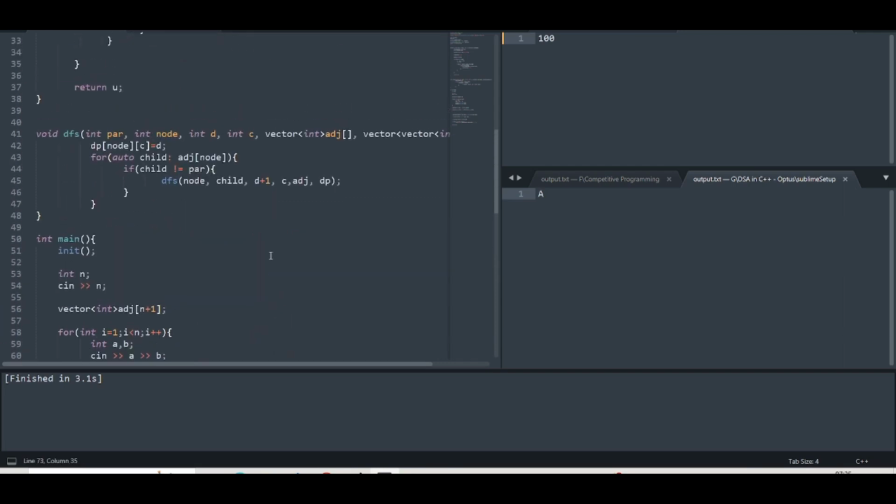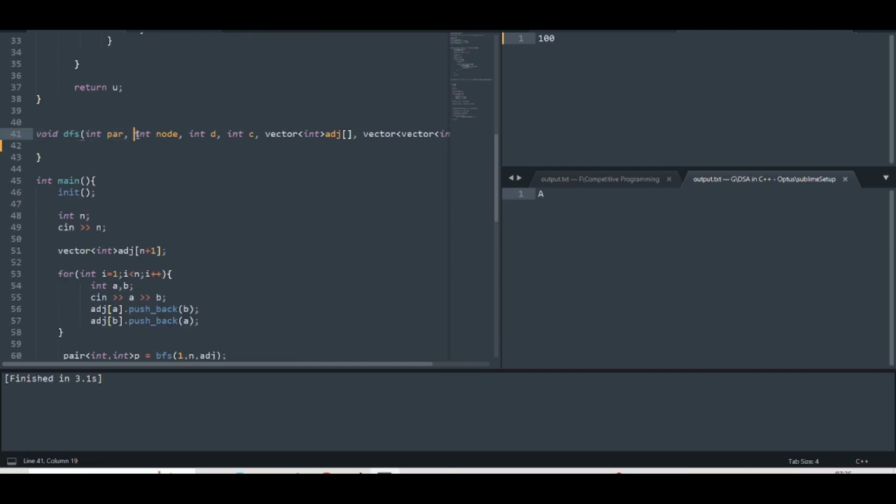So let's see how this function works. Here we have a parent, the current node on which we are standing, the depth of this current node, and the column. C is for the column in which I want to store. For the very first end of the diameter, this will be 0. For the second end of the diameter, it will be 1. And this is the tree, and this is the DP array. So let's store the